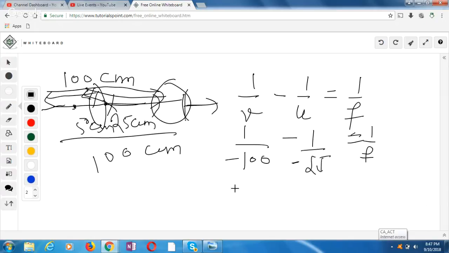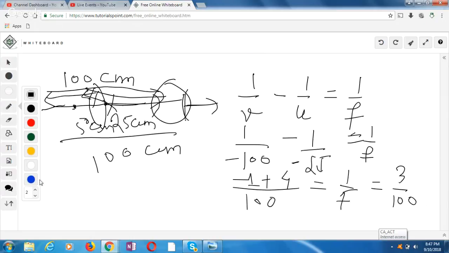Now let me solve it. The LCM would be 100. So this comes out to be minus 1 and this comes out to be plus 4, and that is equal to 1 by f. So 1 by f is equal to plus 3 divided by 100, or if I write f here, f is equal to 100